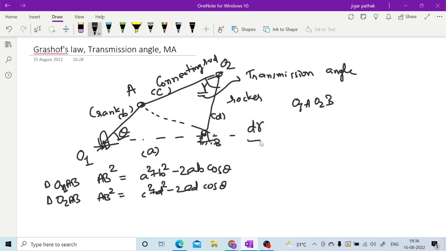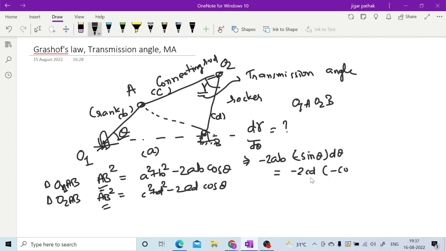So if I want to find d gamma by d theta, I can equate these, because both are nothing but AB square only. As the link lengths A, B, C, D are constant, they are not going to vary, so the derivative of A square plus B square or C square plus D square will be zero. So what you differentiate is minus 2AB minus sine theta d theta, equal to minus 2CD